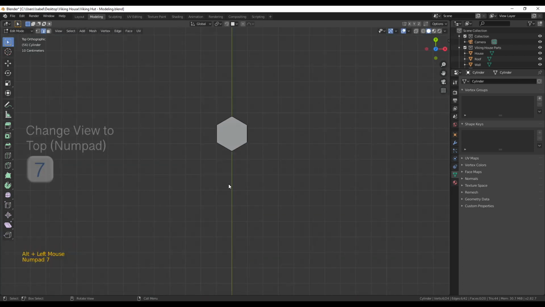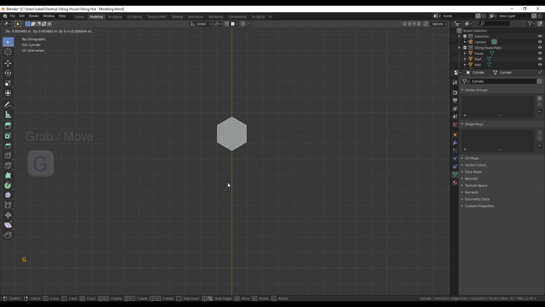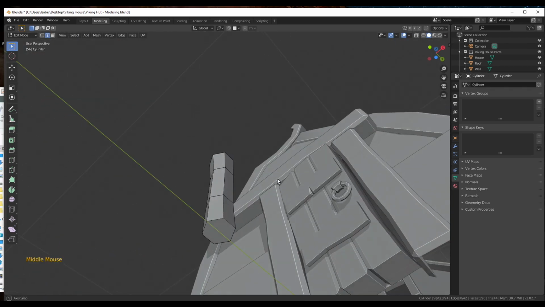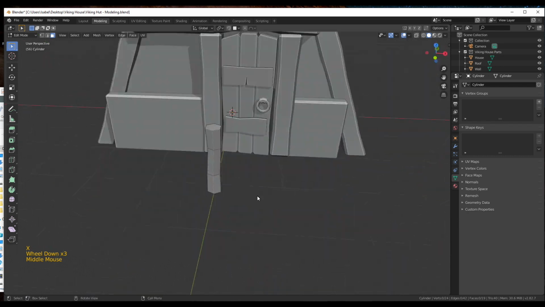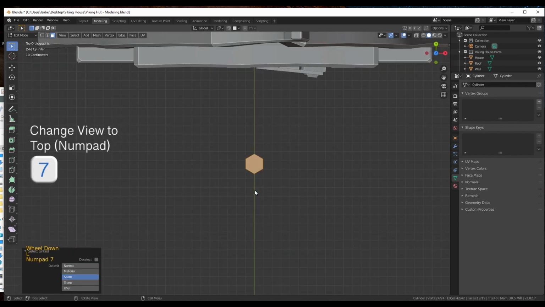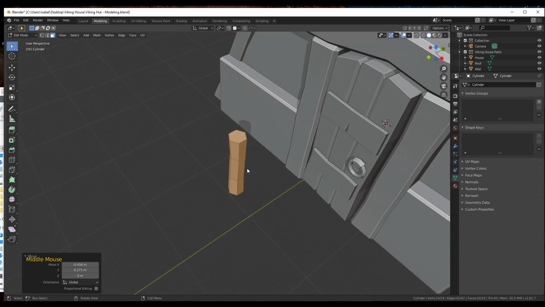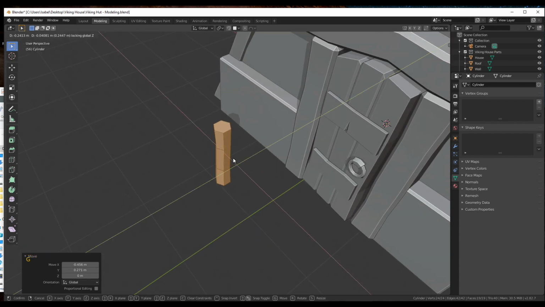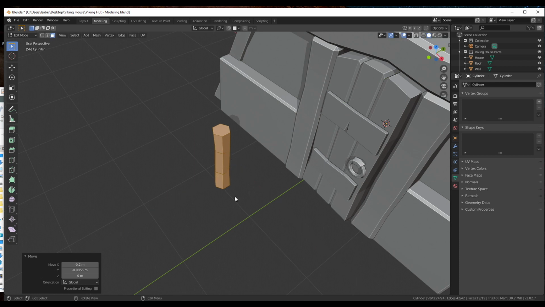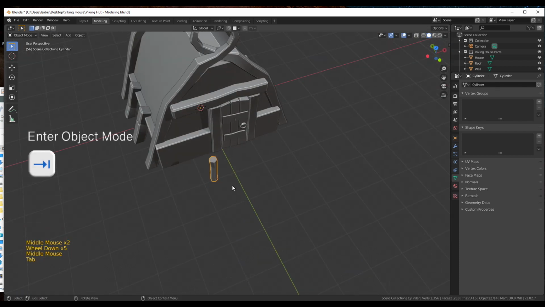And then it's also nice that it's not going straight down, so you want to move them a little bit in all directions and rotate them. I also deleted the bottom face again, because that's gonna be one of the faces we're not gonna see. And then in top view, I just moved it a little bit aside. Instead of top view, you can also do G and then Shift Z, so you're only moving it on the